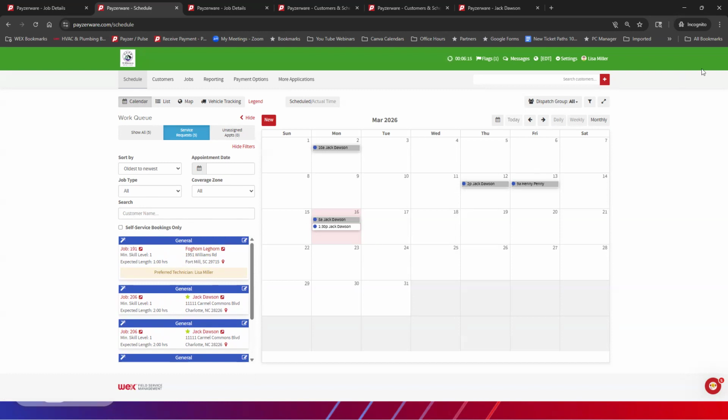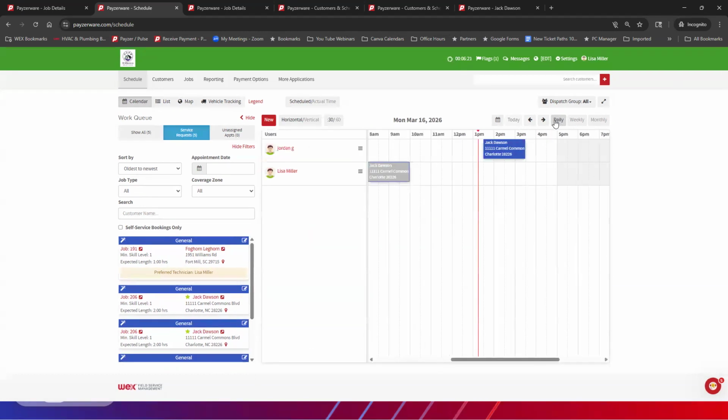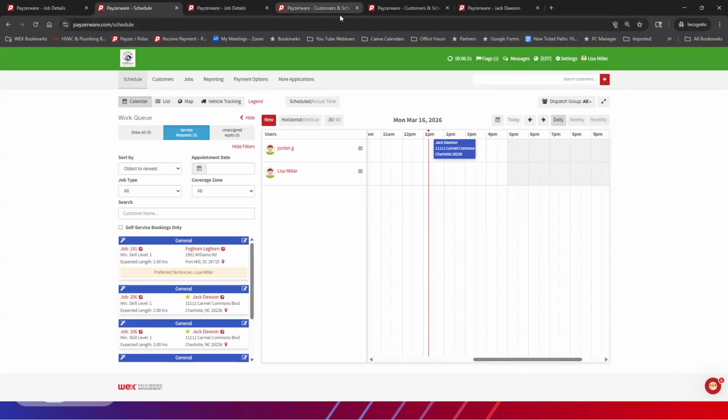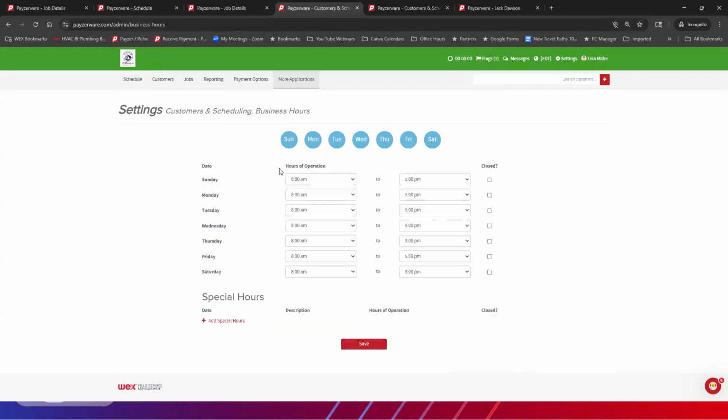And we already went over scheduled versus actual time and being able to drag and drop things. So there's quite a bit of functionality on the schedule page for you. Now, we have some things on here that you can go in and see, under customers and scheduling, you can put in here hours of operation. And what that will do is if you put in 8 to 5, that's what your schedule will center on. And anything that's outside of that time will show as grayed out on the schedule. It won't keep you from being able to schedule. It's just a visual